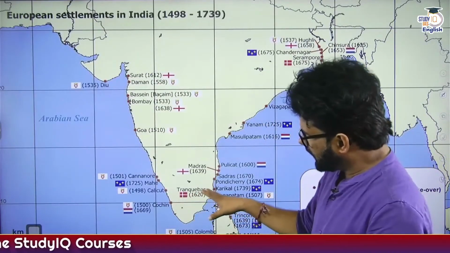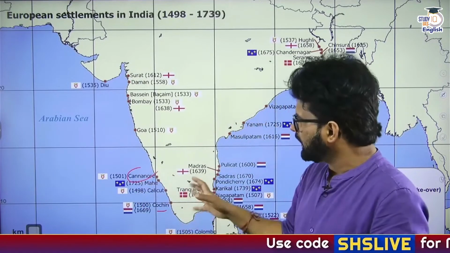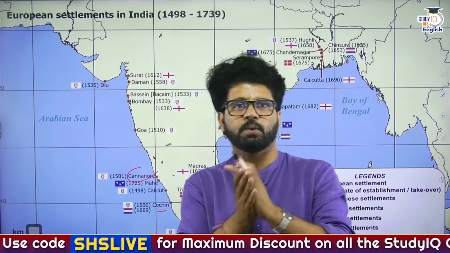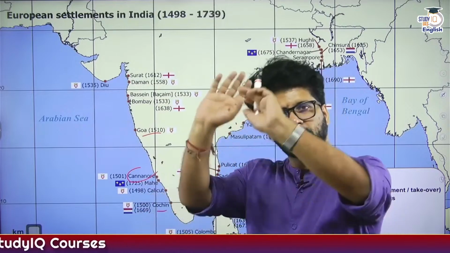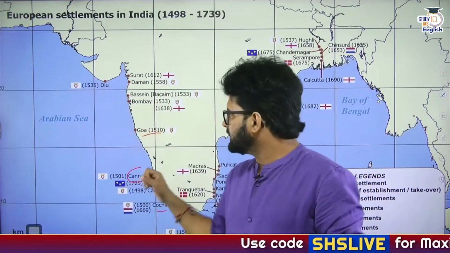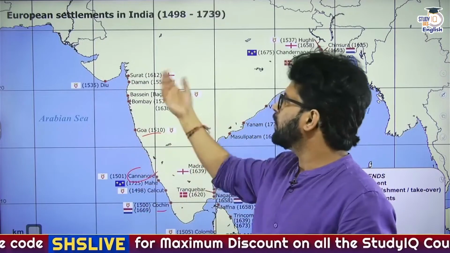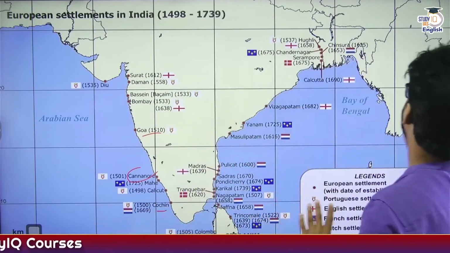So initially, up until 1509, you will see Kochi and Kannur. They are in Kerala. These are the areas where they are active. But in 1509, there will be a Portuguese Viceroy Governor General known as Albuquerque. He will capture Goa in 1510. So from 1505 till 1530, Kochi will be the capital of the Portuguese settlements. And then from 1530 till independence, Goa will be their capital. Then there will be Nova Goa. But again, Goa will be the capital from 1530 onwards. Before that, Kochi was the capital.